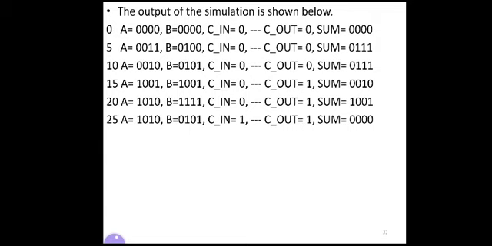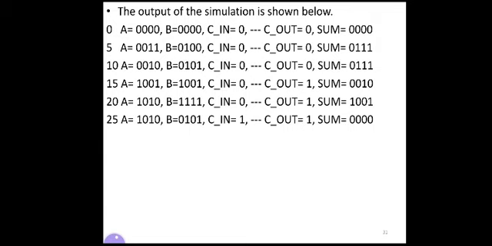Now observe the outputs, the output combination after simulation. Because of that monitor function, you are going to get this output. So system time is 0 at 0 time unit, A value is 0, B value is 0, Cin value is 0, so Cout is equal to 0, sum is equal to 0. Now after 5 time units, A value is 3 and B value is 4.